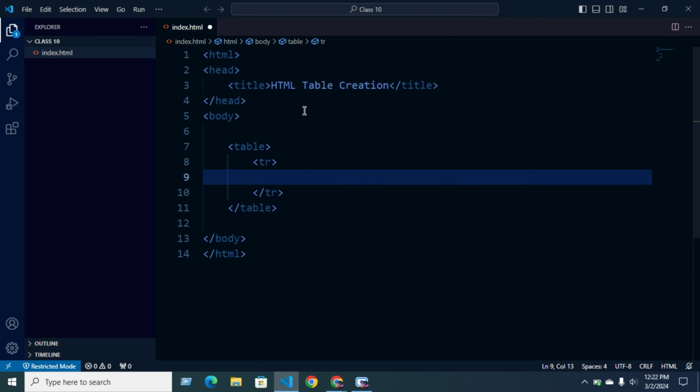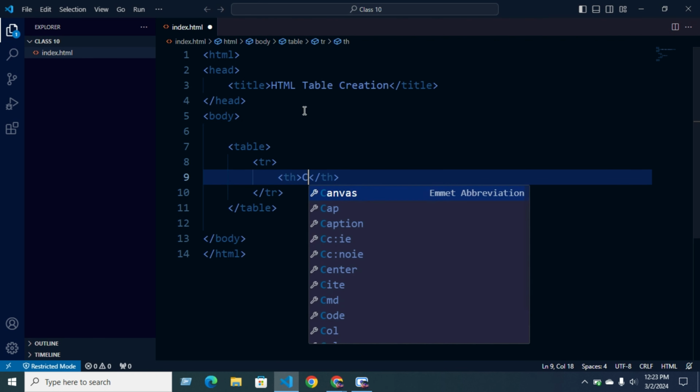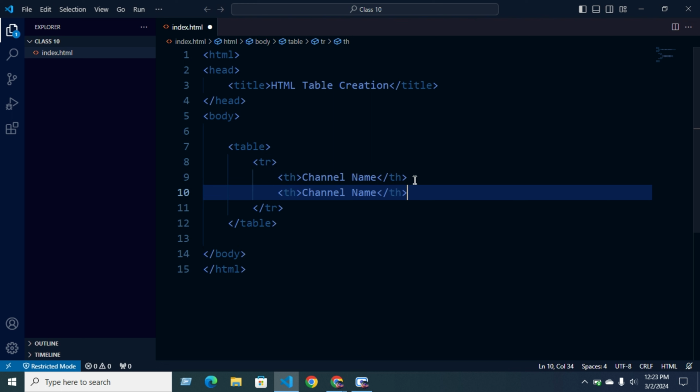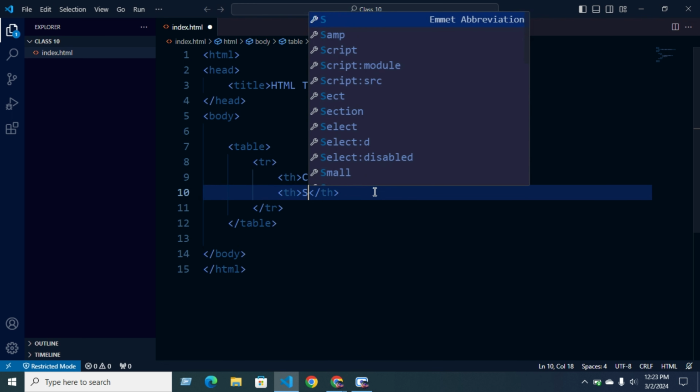Now since this is the first line of our table, we can use table heading, which means th. So I'm going to use this. I'm going to use channel name here, and copy this, and I'm going to write here